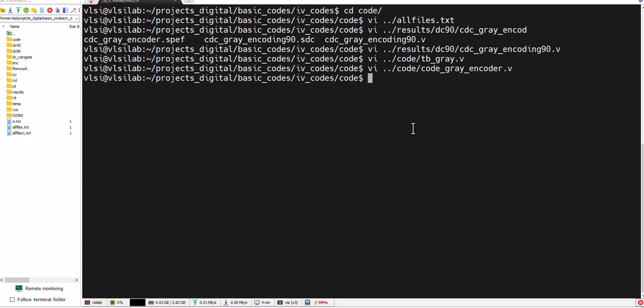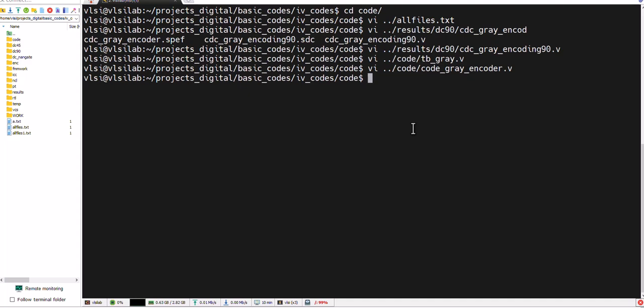Good afternoon to all. In this video we will continue with the CDC Gray code encoder. Last time we saw the theory and the RTL code for that. I just revised some RTL code for minimum glitches. So first we start with the overview of all the codes, then synthesis, then resimulate on the synthesis part of